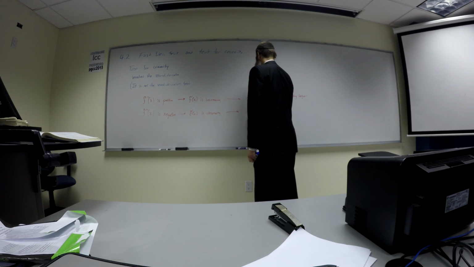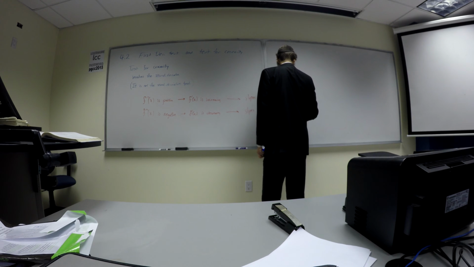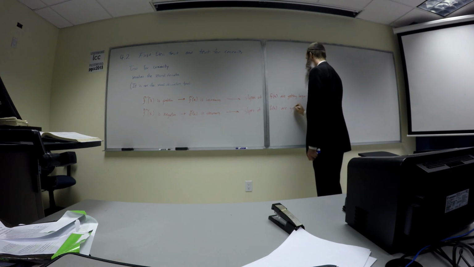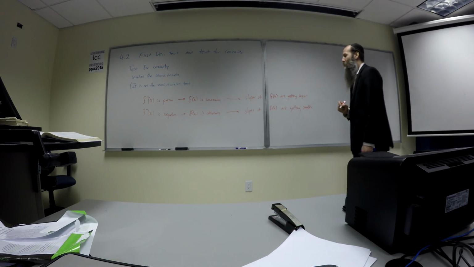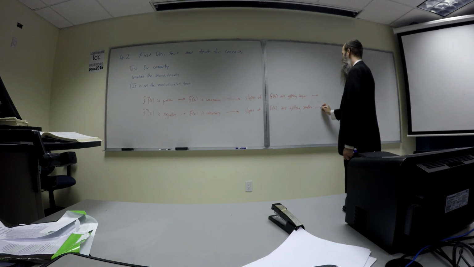Or the slopes of the original function f are getting smaller. Not that they're positive or negative. No, we're not saying the slopes are positive or negative. The slopes are either getting larger or the slopes are getting smaller. It doesn't tell you about their sign. Okay? So what this translates into is, for the original function f,